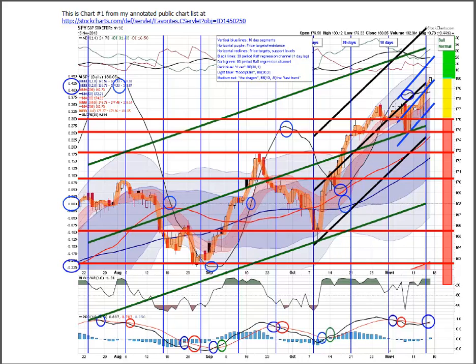So after a period of about 10 or 12 days of consolidation here between 175 and 178, the market voted up on Friday, and it's now out into the floodplain. The blue channel is the 10-period RAF regression channel, and it's on the upside and pointing the way to about 185. The black channel is the 30-period RAF regression channel, with the center line being the regression line,